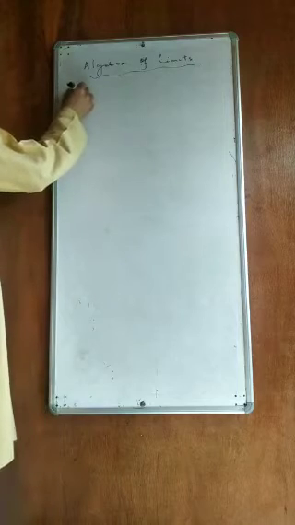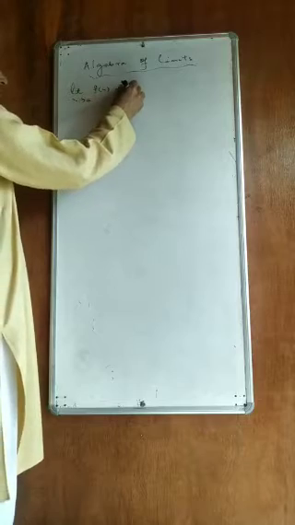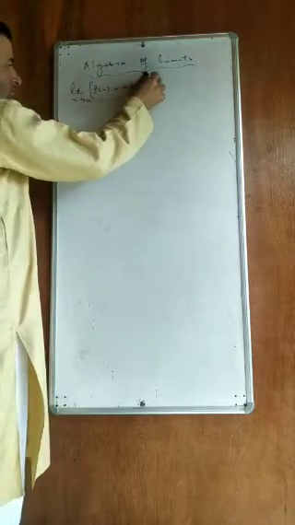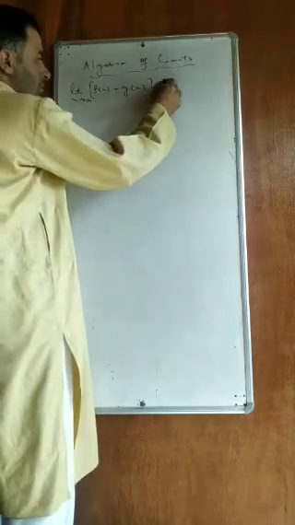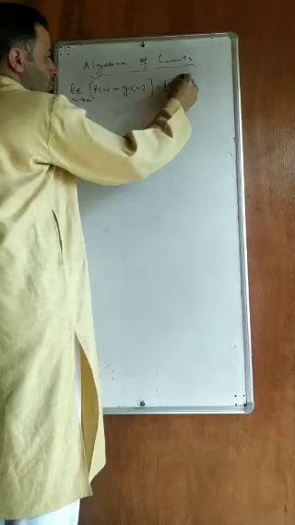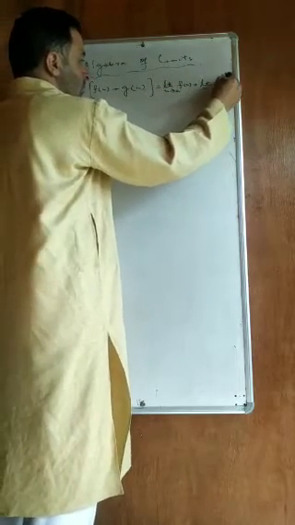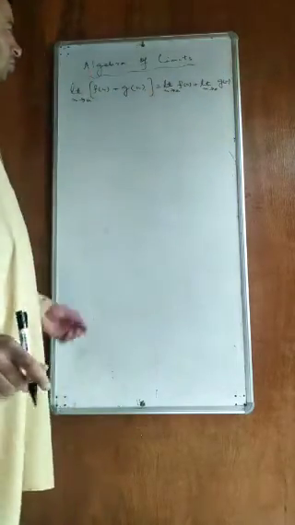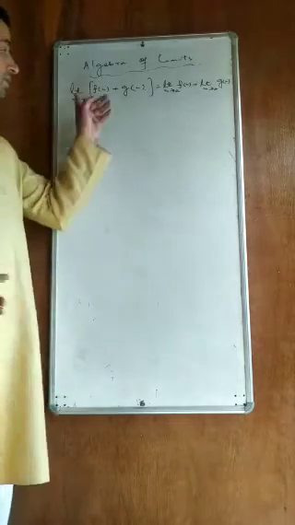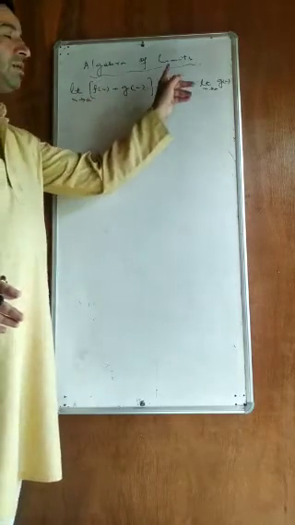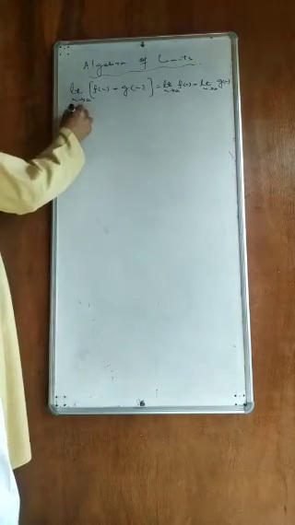That is, suppose limit x tends to a, f of x plus g of x, it is equal to limit x tends to a, f of x plus limit x tends to a, g of x. ठीक है, तो पहली प्रॉपर्टी ये है, पहली अलजेब्रा ये है कि लिमिट ऑफ ए सम इज सम ऑफ लिमिट्स। लिमिट ऑफ ए सम इज सम ऑफ लिमिट्स।